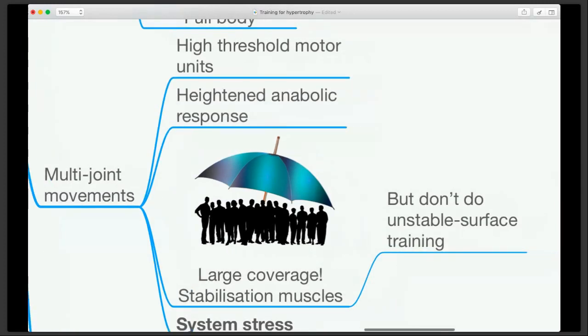However, we know that although the stabilization effect of multi-joint barbell movements is helpful for anabolism, deliberately seeking or hunting the unstable element of training is not helpful for hypertrophy. So when you see people doing squats on a Swiss ball or something, as well as being very unsafe, it's just a silly idea, or it's not efficient for